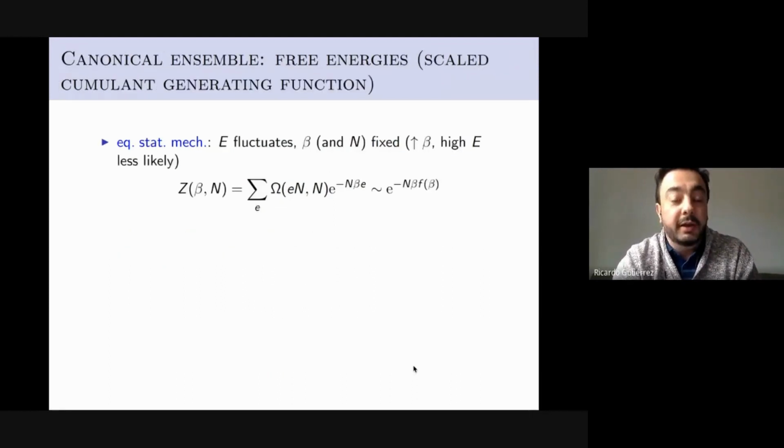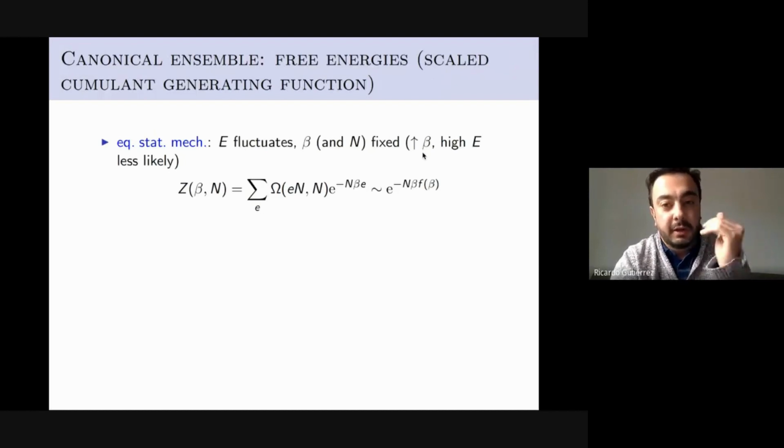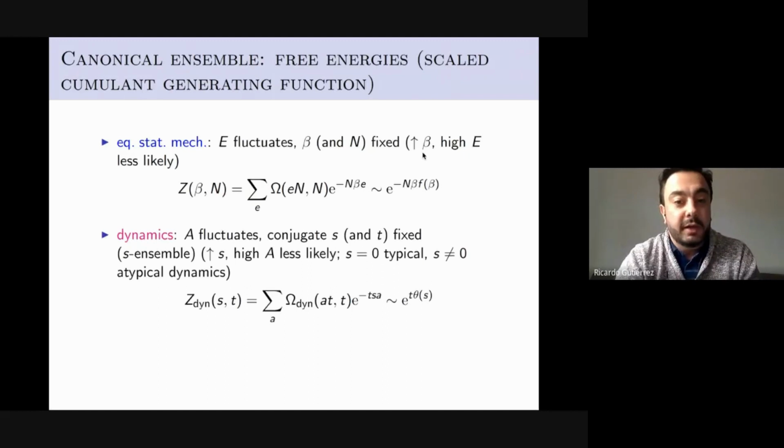So in the canonical ensemble, when the energy fluctuates, we know that the partition function acquires this large deviation form with the free energy here. And when beta is higher, sorry, when the temperature is lower, we know that high energies are suppressed in the system. In a similar way, when we have dynamics,